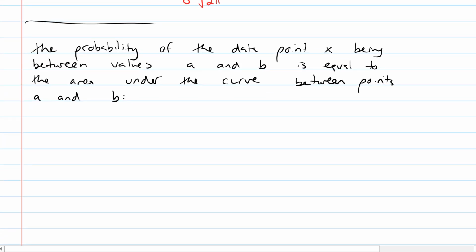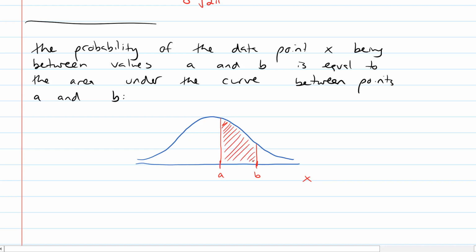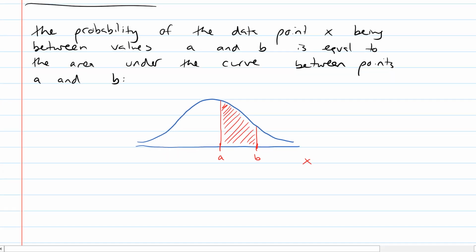And if it's a little hard to visualize, that's okay. We're going to draw a little graph here. Actually, my curves are looking pretty bell-shaped today, so that's kind of nice. Let's say that here's point A, and here's point B, and we're graphing x on the x-axis, and we're not worried about the y-axis. But if we were to then highlight this little area here, which is the area underneath the curve between points A and B,